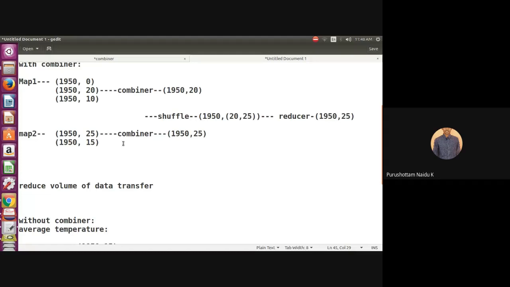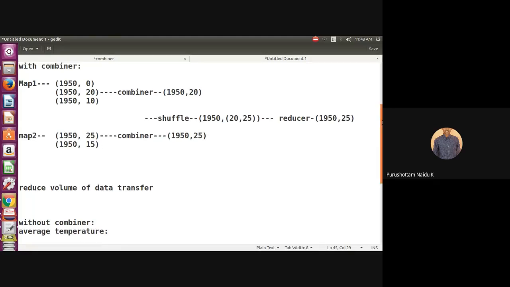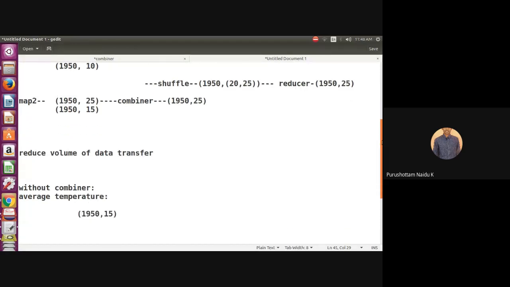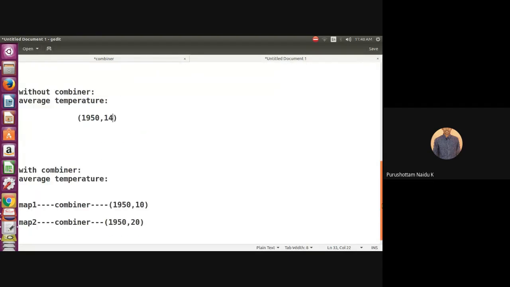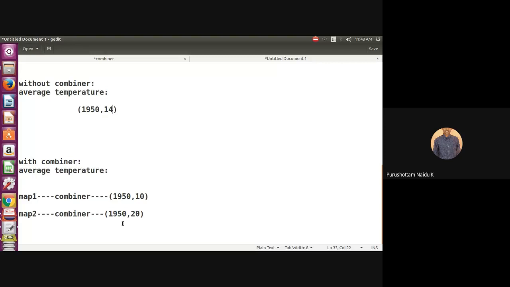Or here it is 30 plus 40, 70. 70 by 5, you're getting 14. Sorry, not 15. 14 5s are 70. Okay, so 1950 comma 14. Let's see, 1950 comma 10, 1950 comma 20.